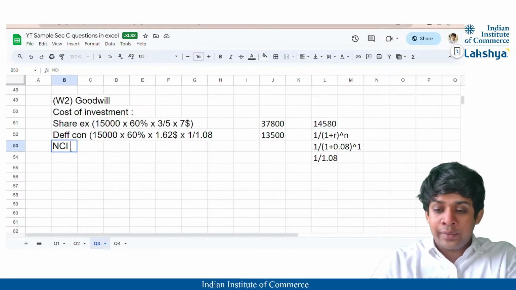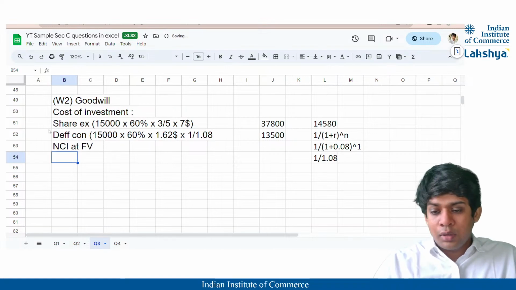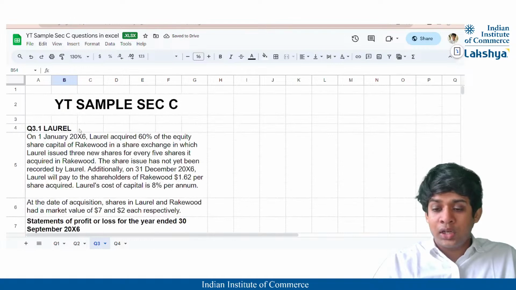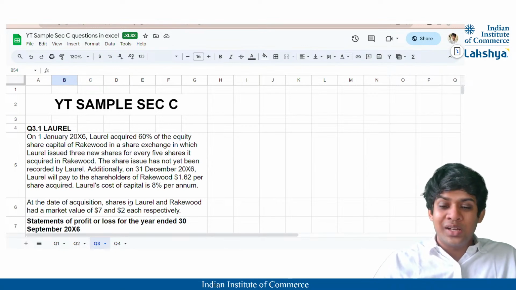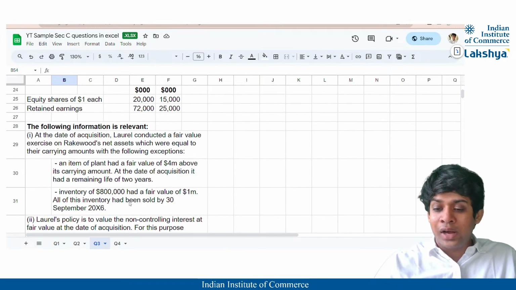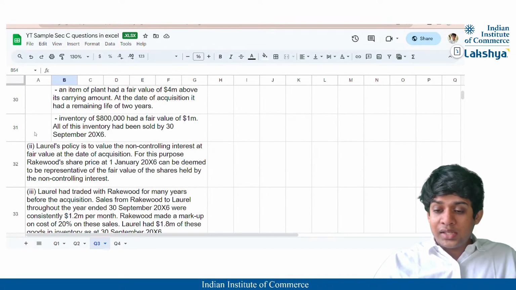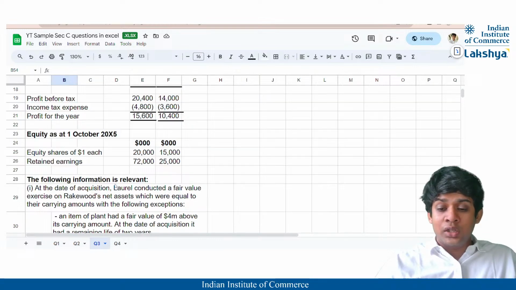Now we look for NCI, right? NCI mostly will be at fair value, right? How do I get to know about it? Because see, they've given the share price of the NCI of the subsidiary company as well. So from that you can assume that mostly it will be fair value, but we look at the adjustment. So yes, look at second adjustment. Laurel's policy is to value the non-controlling interest at fair value at the date of acquisition. For this purpose, Rakewood's share price at 1st January 2006 can be deemed to be